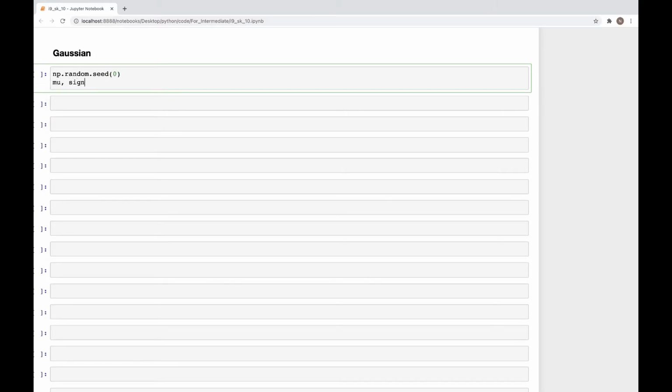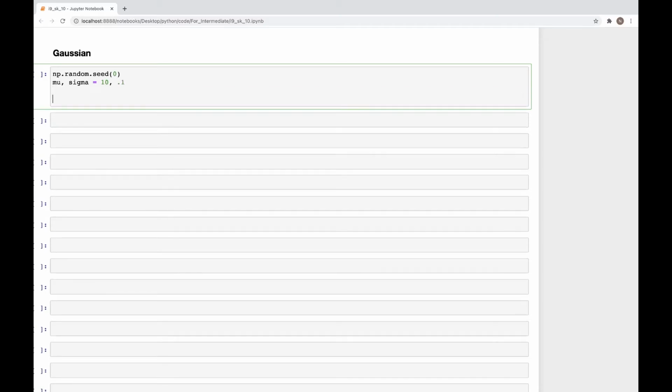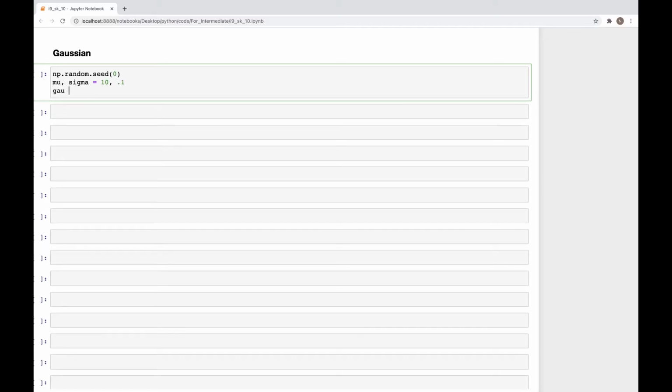So we use the value for mu as 10 and the value for sigma, the standard deviation, as 0.1, mu is the mean, and then we create a variable Gaussian GAU. In that we are going to store np.random.normal, and here we have mu, we have sigma, and then we have the size is equal to 1000 data